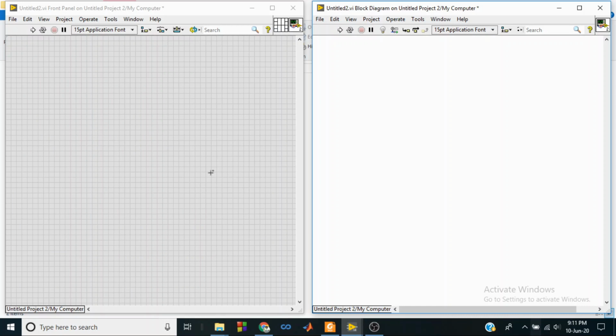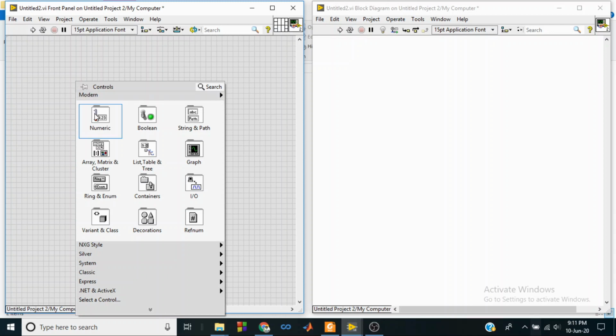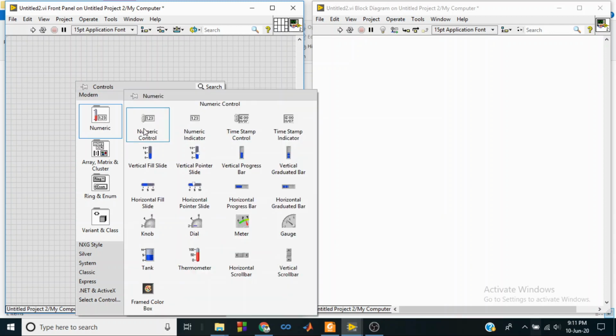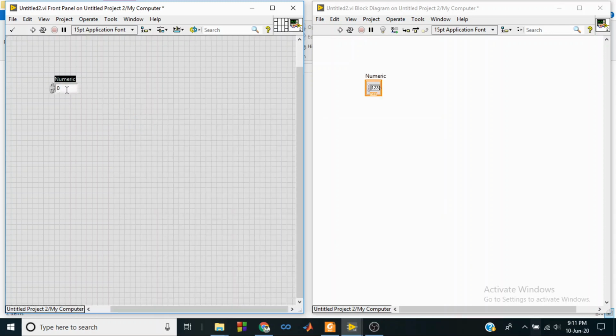We'll start with the first example of creating a slope. Now given two coordinates x1, y1 and x2, y2, the slope of the line is given by y2 minus y1 divided by x2 minus x1. So we have four inputs. Therefore, I'll right click and go to controls, numeric, and add four numeric controls. I can just copy paste these using Control C, Control V,